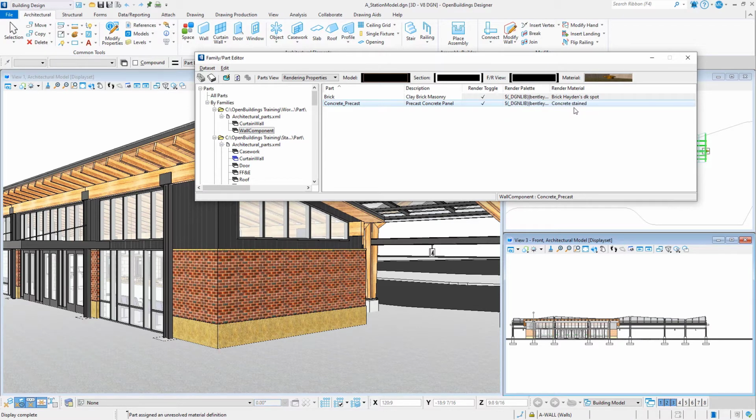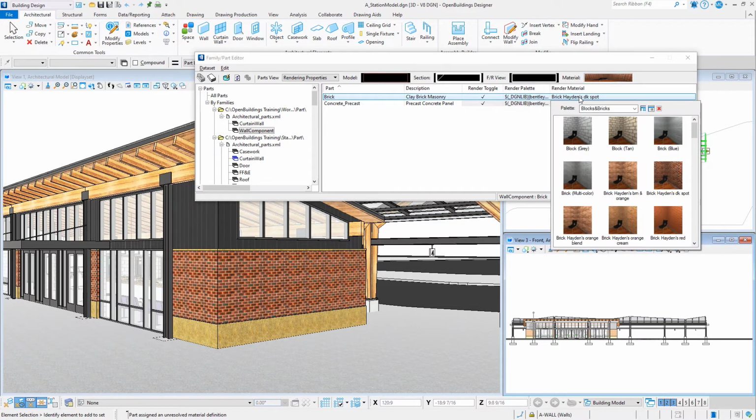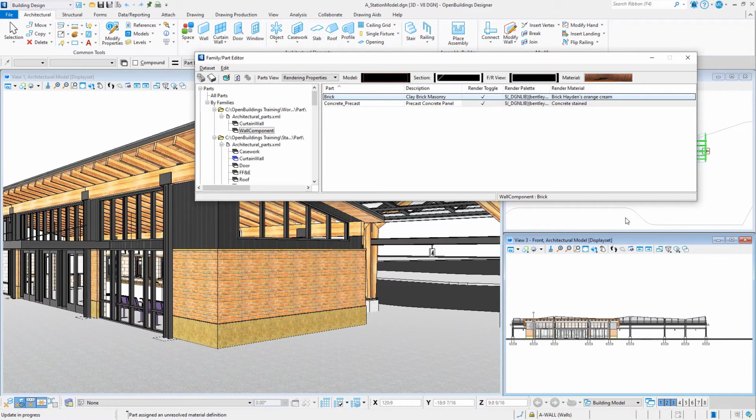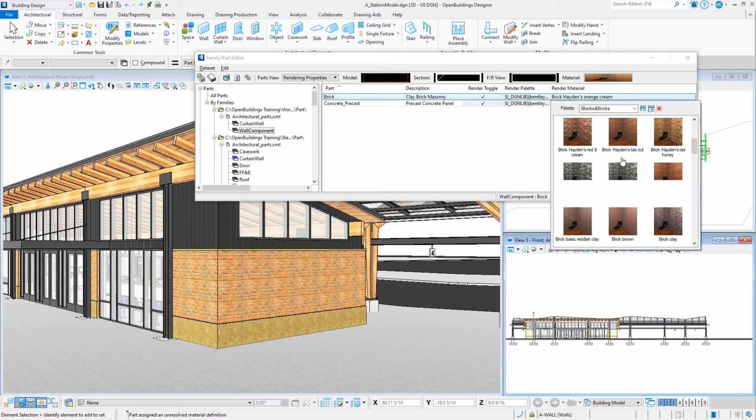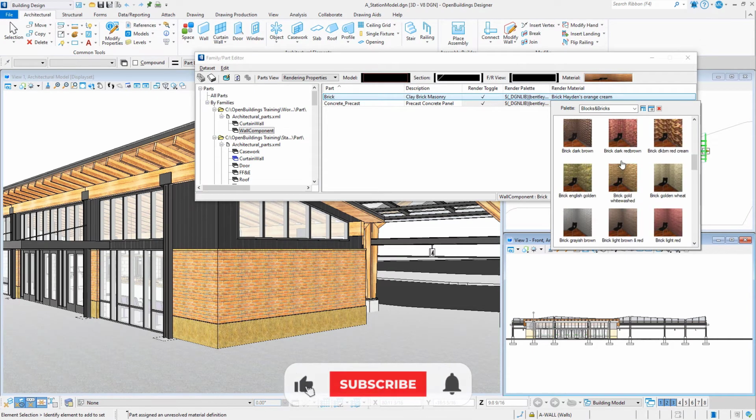Then let's go up and look at some different bricks. Again, I select, and it opens the palette. These are delivered palettes that come in the Connect Shared Content folder. There's a variety of different bricks, colors, and patterns there. I could go through and try a couple different ones, and you can immediately see what it looks like.